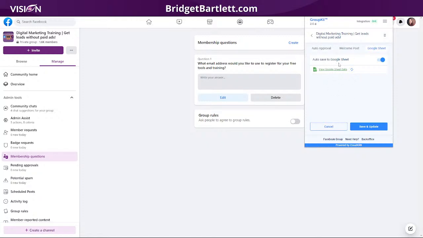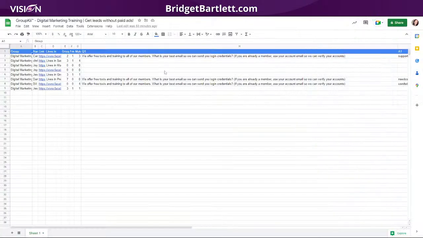Okay, so this is the Google Sheet. If you want to send the data to the Google Sheet, all you need to do is toggle this on. And when you click here, it's going to open a Google Sheet like you see here. Okay, so it'll have all of the fields here already, and then it will have their name, which I'm trying